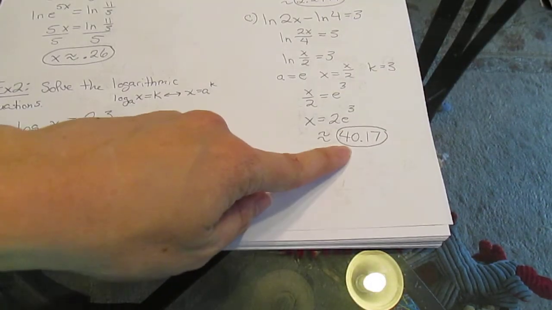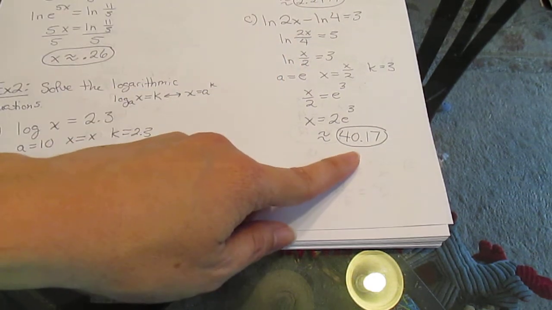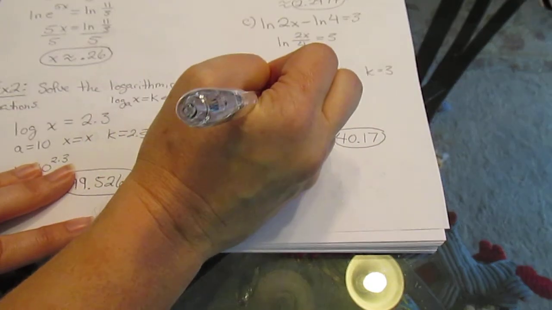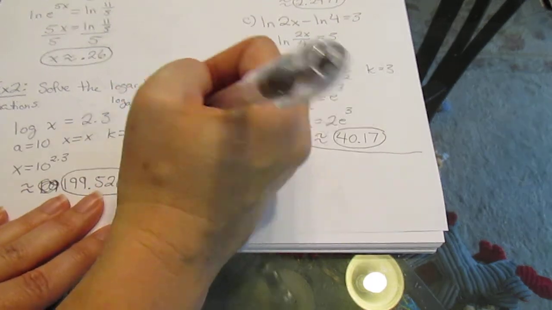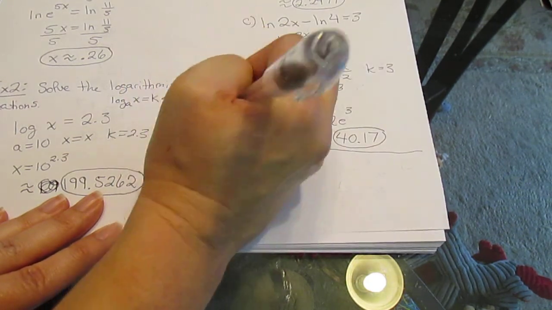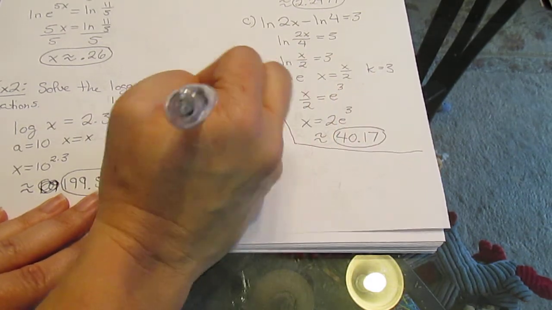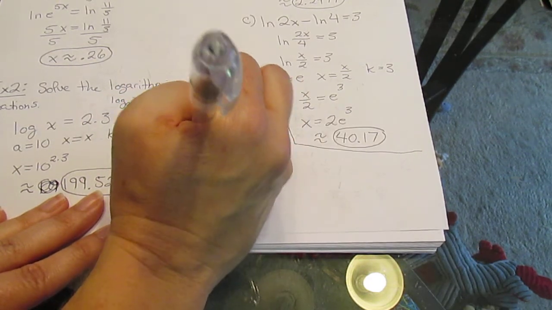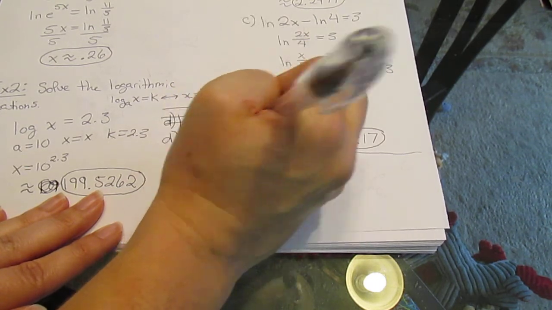Okay, and again, that's good because when we plug it back in, we're taking the log of a positive number, so we're good to go. We can keep that answer. Okay, let's do one more. Let's see if I can squeeze it in right here. Part D. I've got ln 2x minus ln, oh, that's the one we just did. Part D, I've got log x plus log of 4x